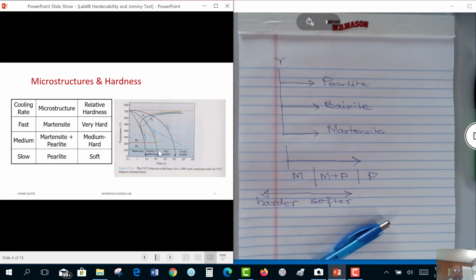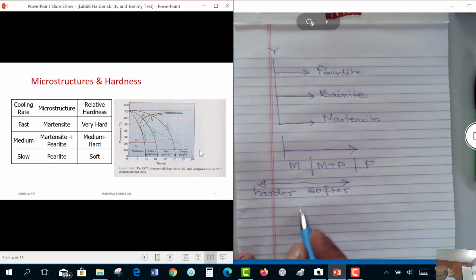As we decrease the cooling rate, notice the nature of pearlite is also changing. It is going from fine to coarse, so it is becoming softer. So as we go to the right on the scale, as we slow down the cooling rates, we also result in softer structures. And of course, we know that as hardness goes up,